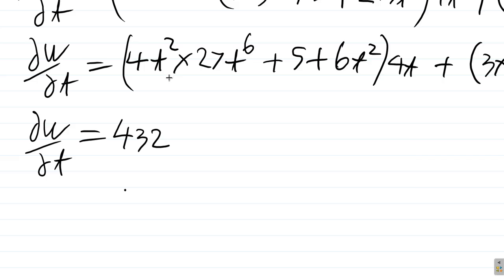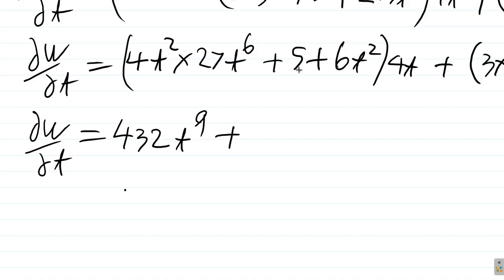432 t squared by t to the 6. Oh no, it's not raised to the power if it's at the indices. So it's going to be here t squared by t to the 6 is t to the 2 plus 6 is 8, and then t to the 8 times t to the 1 will be t to the 8 plus 1, which is t to the power of 9,